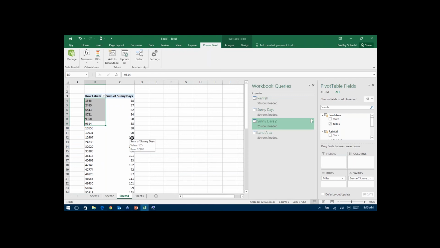But the data is not exactly useful for us. We don't have any real groupings or anything like that. That's what we want to use DAX to create. We want to be able to say a small state is anything under 55,000 square miles, or a medium state is anything under 70,000. That way we get more useful data inside of here for us to be able to do some analysis.